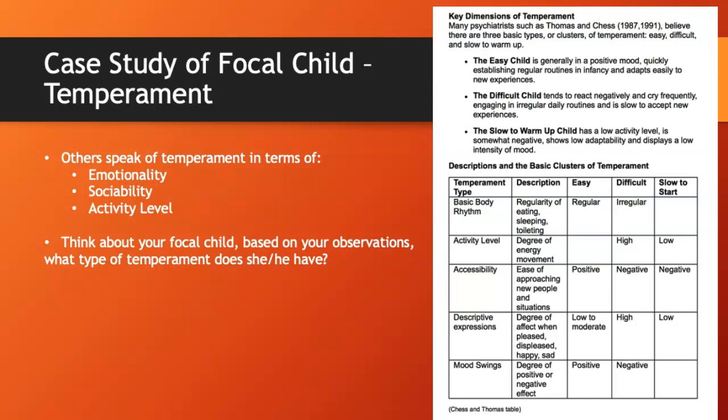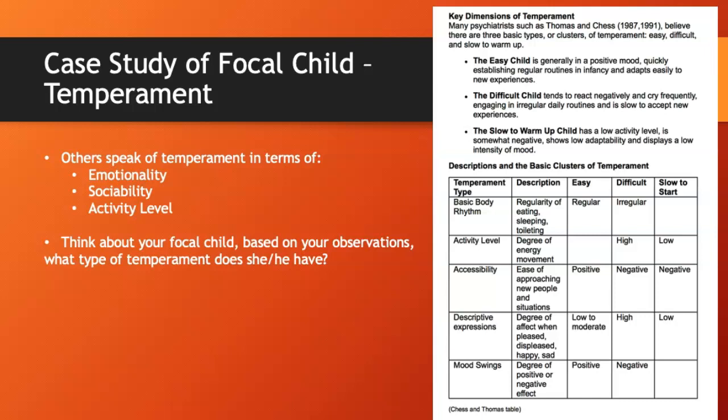On the contrary, a child who has a difficult temperament would not adapt quickly and would react negatively to those kinds of changes in routine, or in personnel, or in friends, or things, for example, that happen at home. That child would probably cry frequently, would be slow to engage in changes in the routine, would be slow to accept new experiences, if at all, and would be a child that would just have difficulties, and it would be hard for them to adapt to